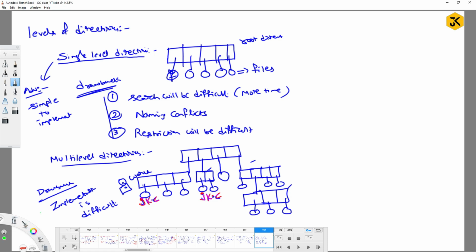If I modify something in the jk.c file, will it be updated here? No. Then there will be a data anomaly problem. So there will be 2 files with the same name, but one file contains certain data and another file contains some modified data, which is not the correct one. So for that reason, to overcome that drawback, we are going to go with another kind of directory mechanism,